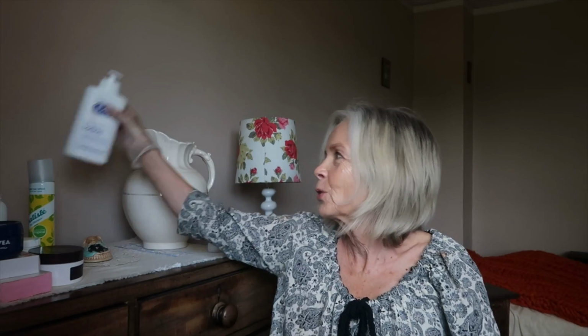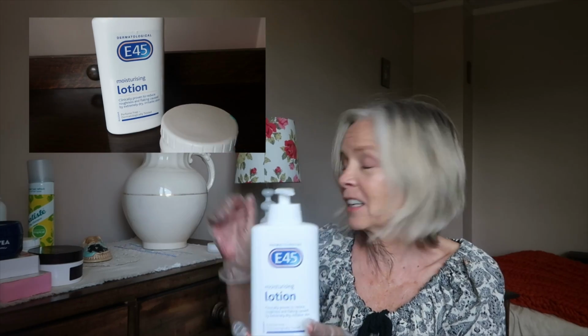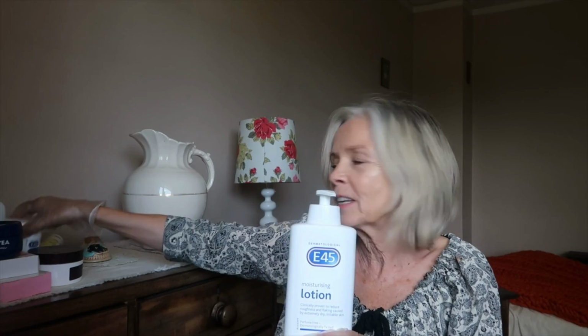So first up, let's have a look at what she puts on her body. She has always used E45, the lotion that goes on her legs, and she has got amazing legs. People go on about my legs. I really have inherited my mother's legs. So she literally every day,